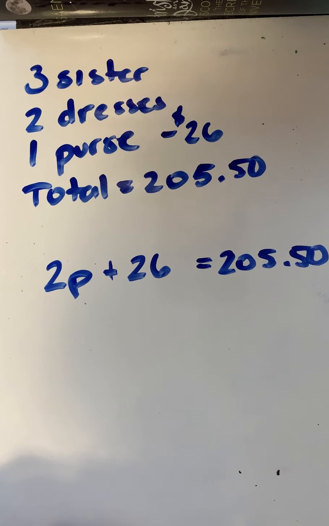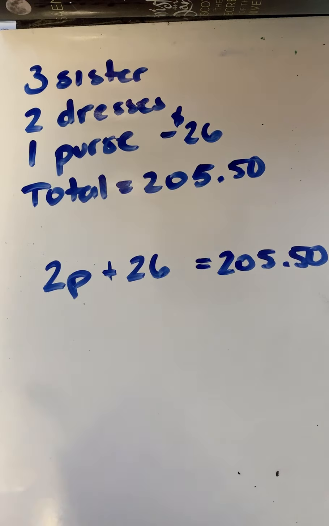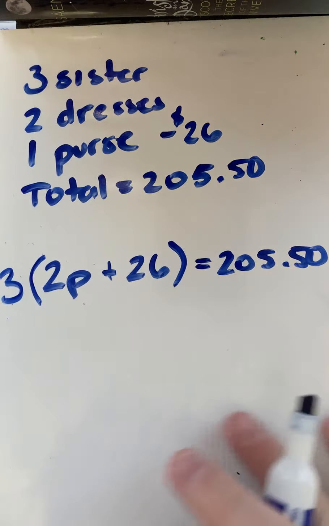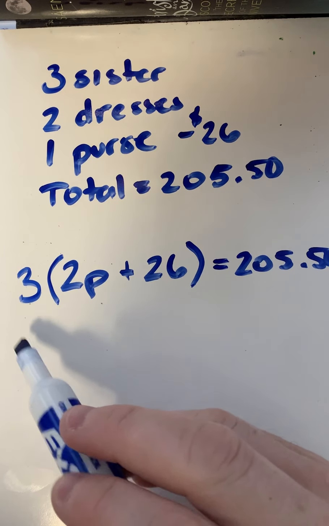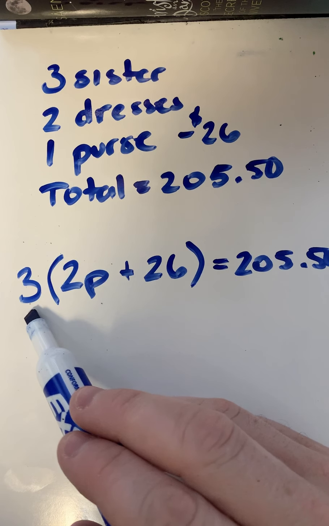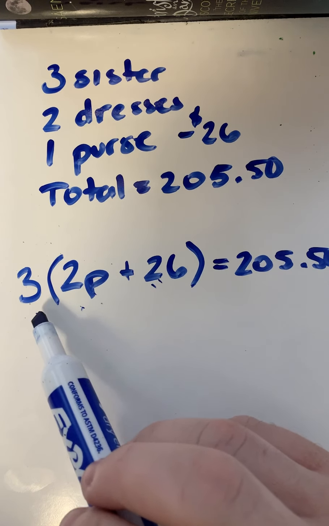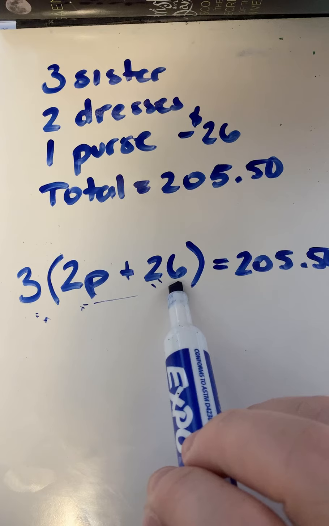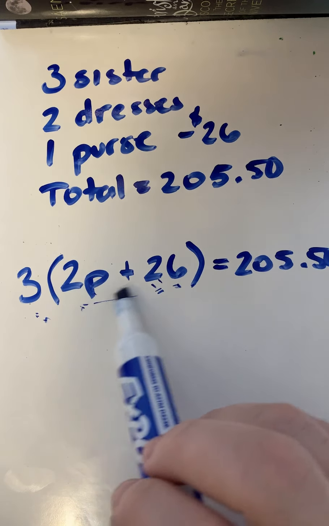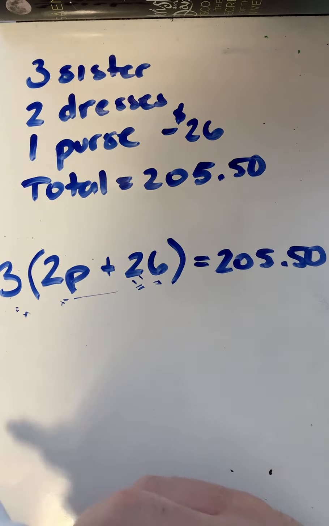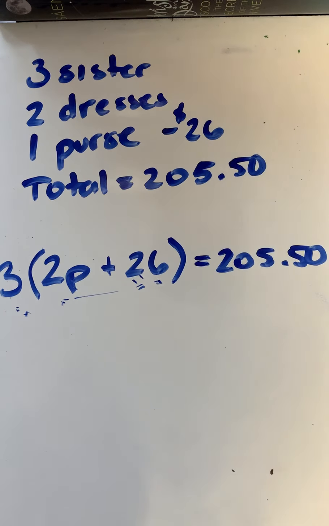And this is what a lot of people did, and you came out with something like $89 for the dress. But what you forgot was that there's 3 sisters who are all buying this. So this actually becomes a distributive property because you're going to be multiplying the 2 purses and the 2 dresses and the purse by 3, because each sister is getting 1 of these. So it's going to be 1 of these plus 1 of these plus 1 of these, or repetitive addition equals multiplication. So out of this, we're going to get